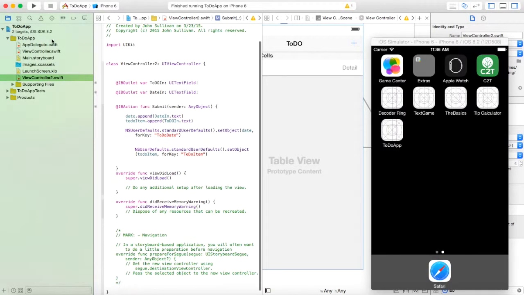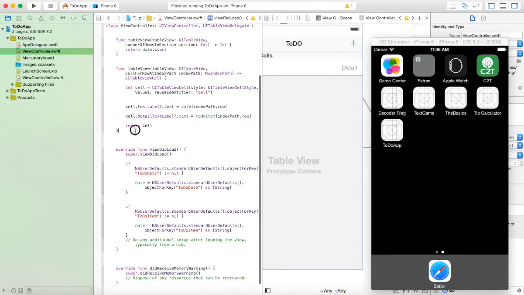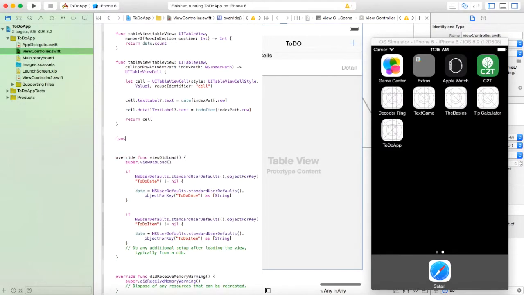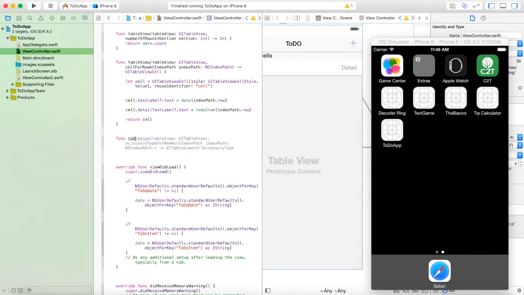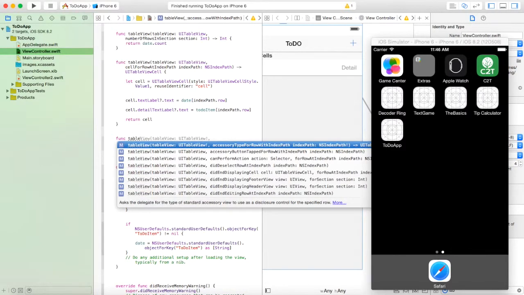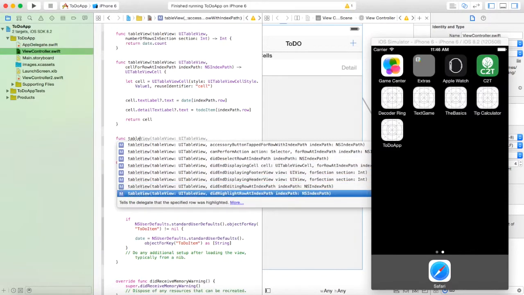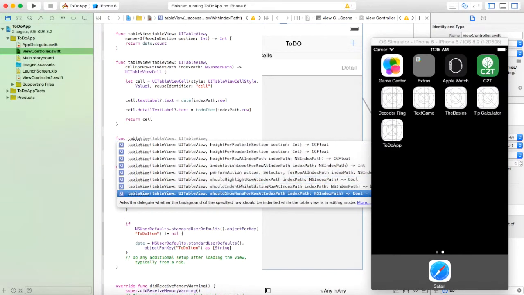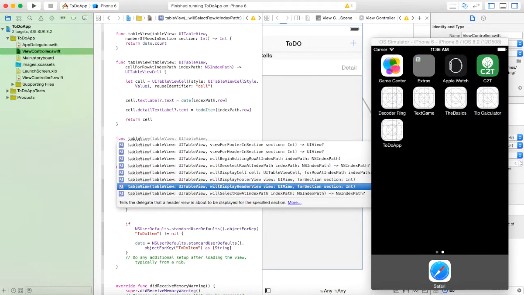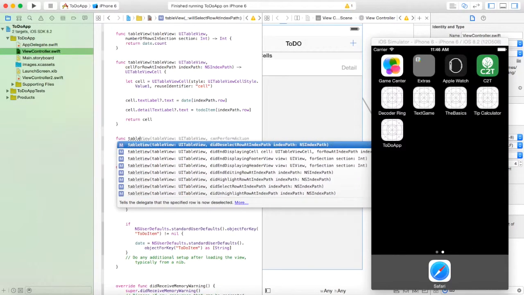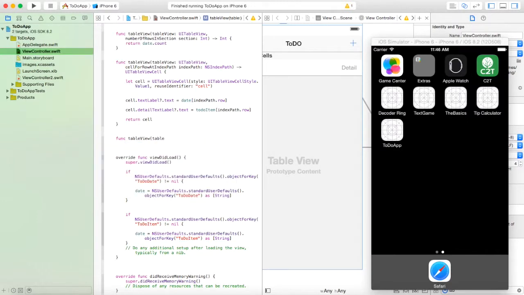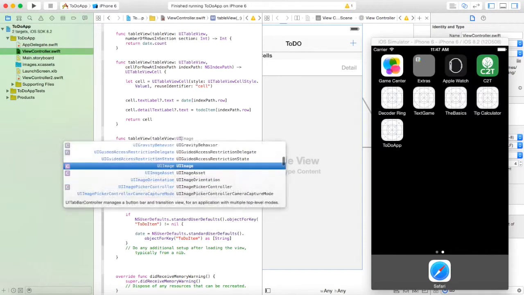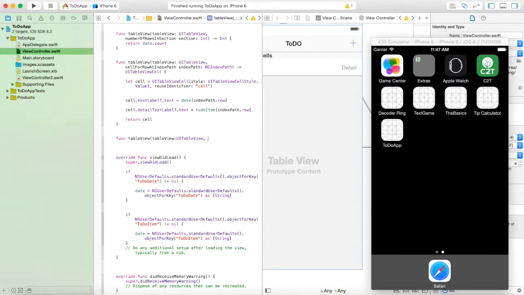So now that we have all that up and working, let's go ahead and add that nifty delete button in when you slide to the left. So you're going to do function table view. And let's see if I can find it in here. No, I guess I should just type it out a little more. Table view and parentheses table view colon UI table view comma, and then we're going to do commit